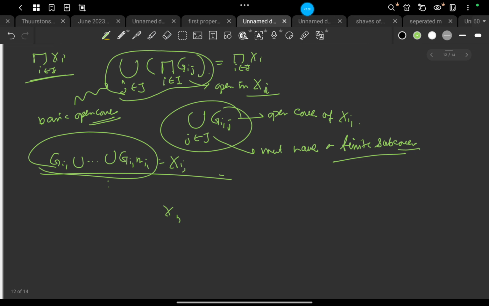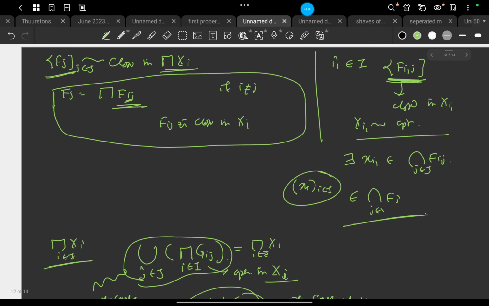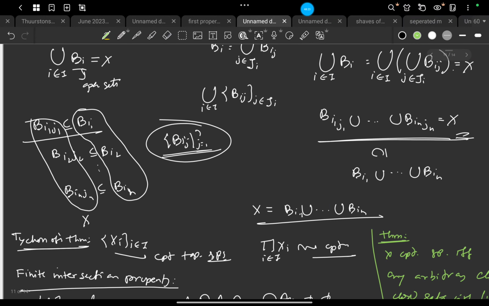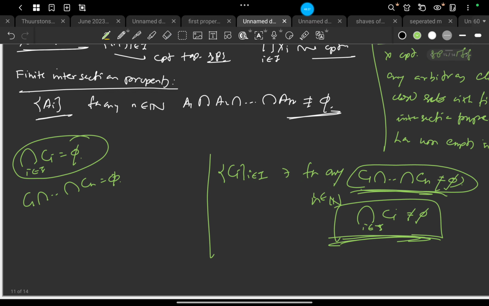All right, so this is a very short introduction to compact topological spaces. In the next class we'll start with compactness related to metric spaces itself. Let's stop here, and I believe you will revisit all the previous steps again, and in the next lecture we'll start with compactness in metric spaces and Lebesgue measure, something like that.